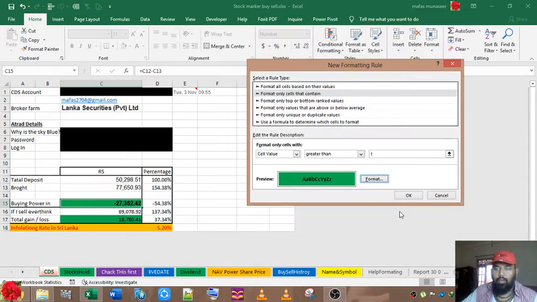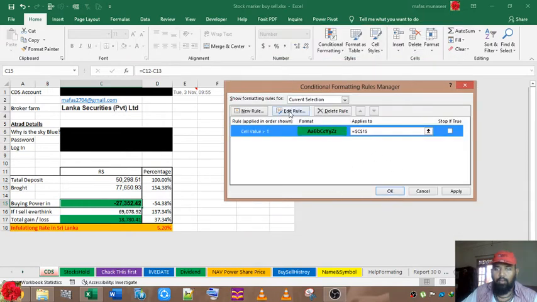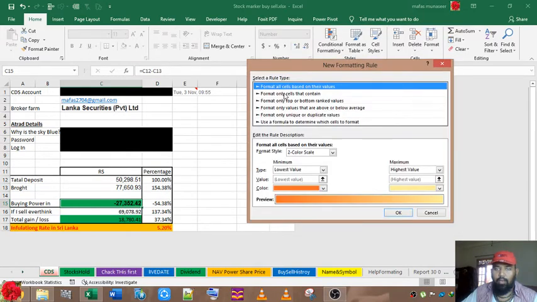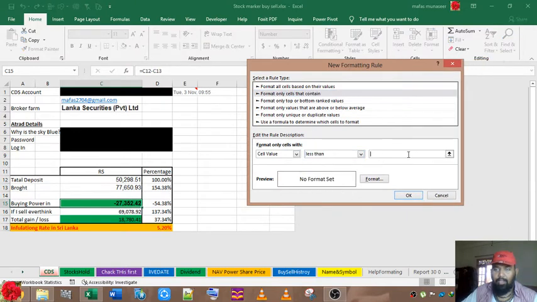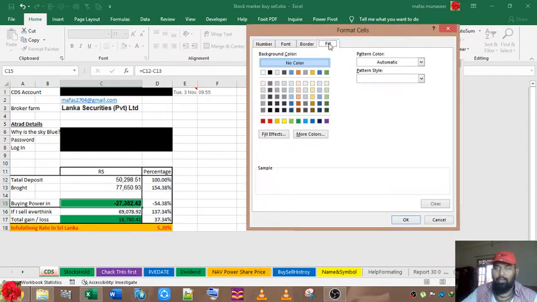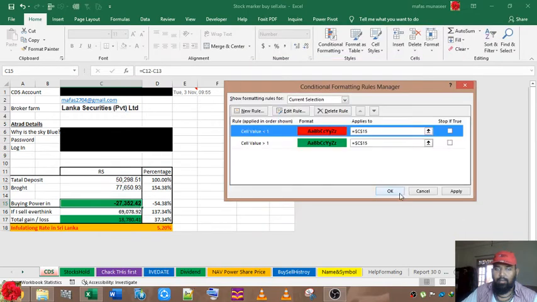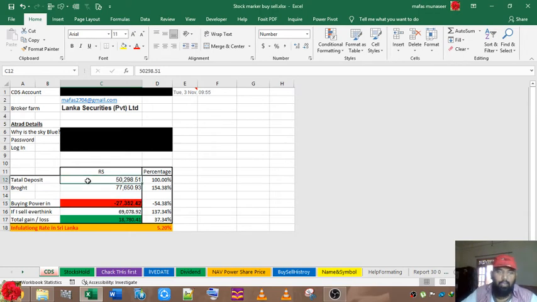In another rule, I'm going to mark less than 1, in red color. Let's see if it's working. Okay, it's working.